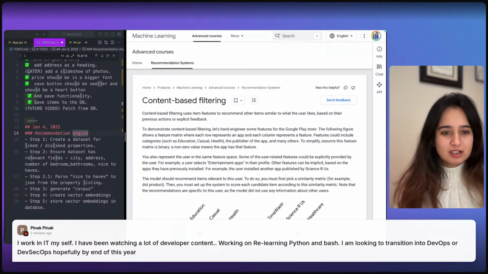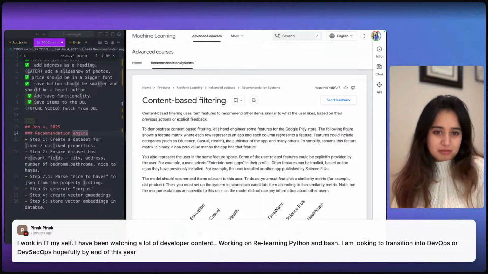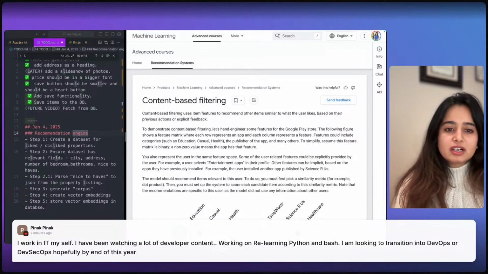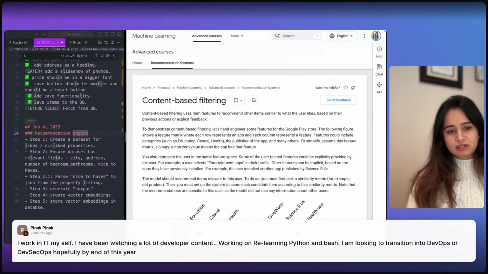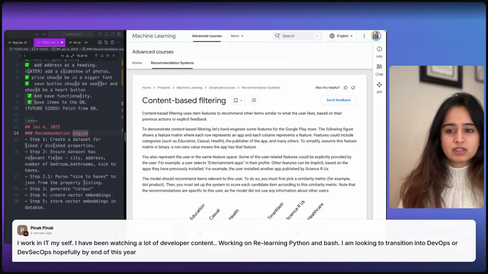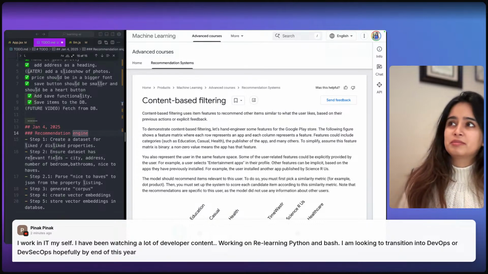I work in IT myself. I have been watching a lot of developer content, working on relearning Python and Bash. I'm making a transition to DevOps or DevSecOps, hopefully by end of this year. Oh wow, really cool. I have briefly worked with Python myself, and with this AI stuff, I feel like I have to relearn that as well because everything is in Python.